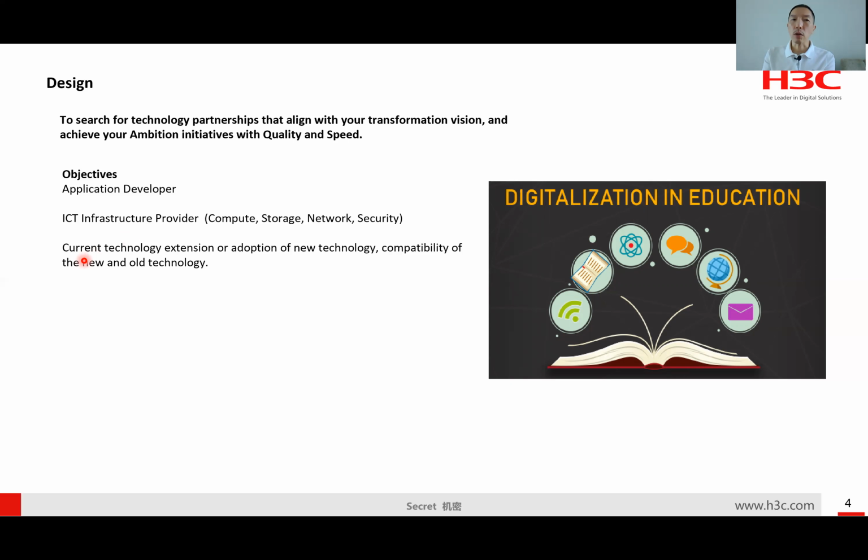And finally, okay, the current technology extension or adoption of new technology is always a dilemma for most customers, because they will think, oh, actually I have deployed a lot of things already. Do I need to drop it out? Or can I still use it for a while? Or do I need to drop it and then adopt all new technology? This is quite